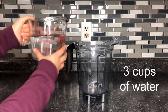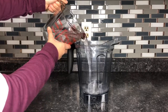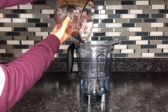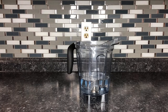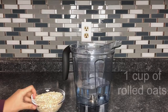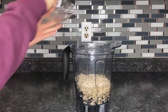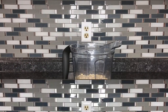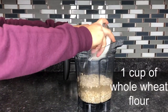Now in a blender, we're going to mix together 3 cups of water, next we're going to add 1 cup of rolled oats, for our next ingredient, we're going to be using 1 cup of whole wheat flour,